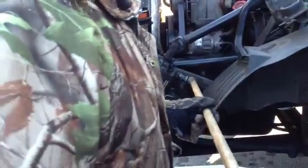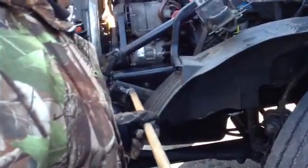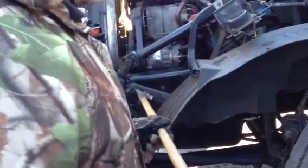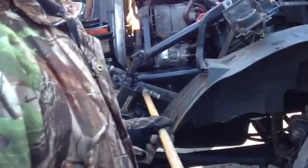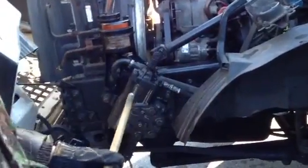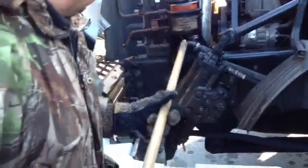Okay. I'm going to check my fitting for my power steering line. Make sure my fitting's properly mounted and secured. It's not cracked, it's not broken, and it's not leaking. Alright? And it is tight and not loose. Loose will be shiny threads or a rust trail on it. Okay? Alright, now I'm going to come over here and I want to check my power